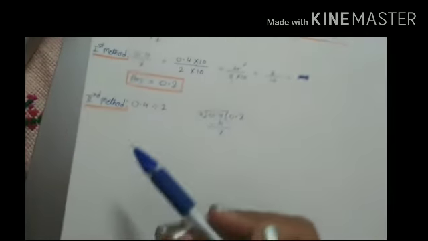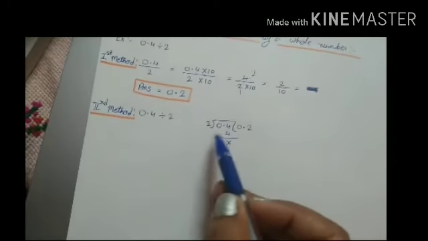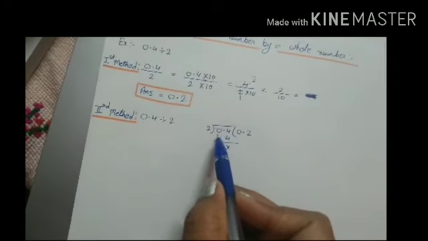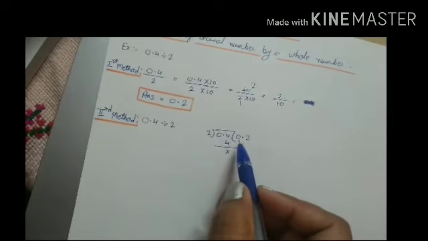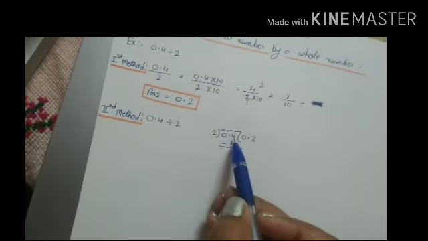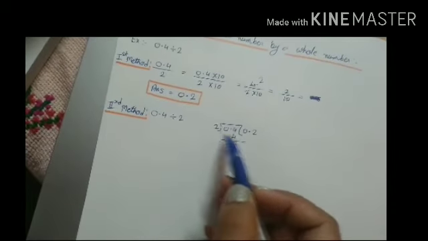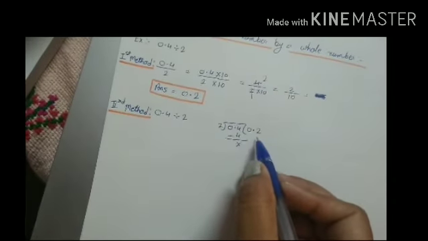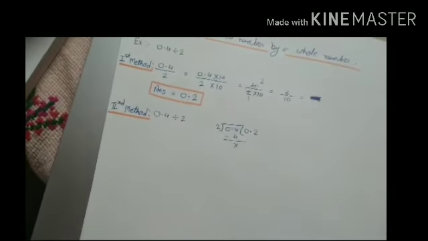Now the second method, what we have to do, we have to just write it as 0.4 divided by 2. Now as you can see, before the decimal in the whole part we have 0 only, and we all know that 0 is not divisible by 2. So what we have to write, we have to just write 0 point. Okay, now here we have 4, 2 twos are 4, 4 minus 4 will be 0, so the answer will be 0.2. So as you can see in both the methods, the answer is the same.